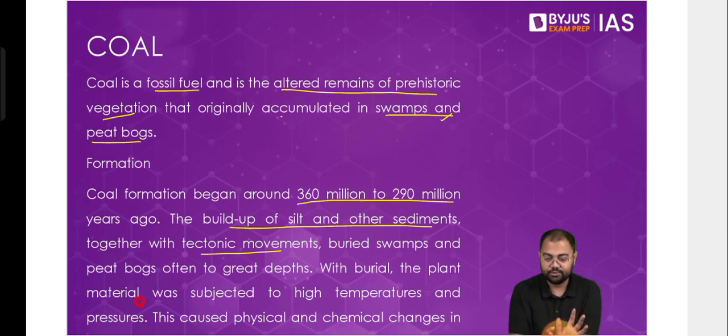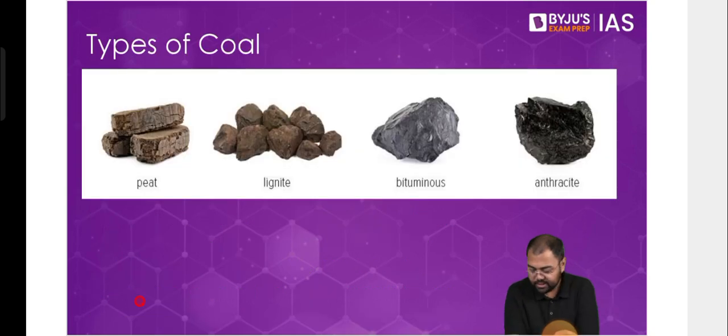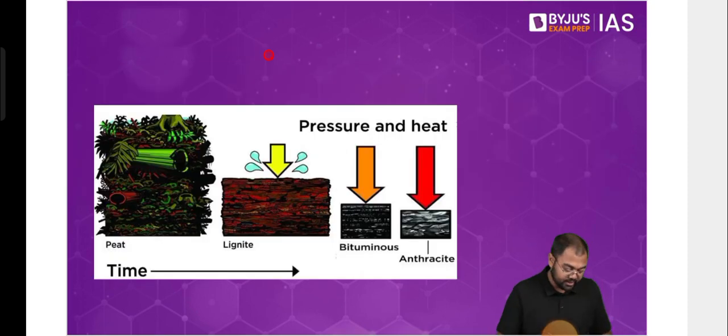Now, based on the formation of coal, we see that depending on how much temperature, how much pressure, what depth it was buried under, based on all these factors, there are different types of coal. So we have peat, lignite, bituminous, and anthracite. These are the different types of coal, based on how much depth, how much temperature, and how much pressure. So first, for example, if you look at peat, it was not subjected to high temperature and pressure. The time that it has been buried for also has not been that long. Lignite, as you can see, more pressure and heat. Bituminous even more, anthracite even more. And that's why we see that these are four different types of coal.